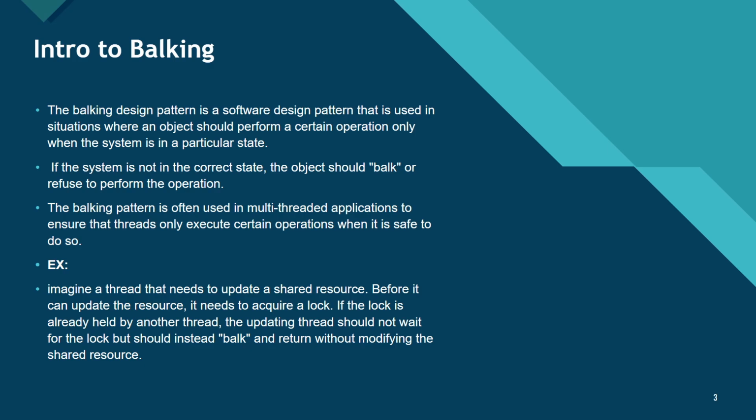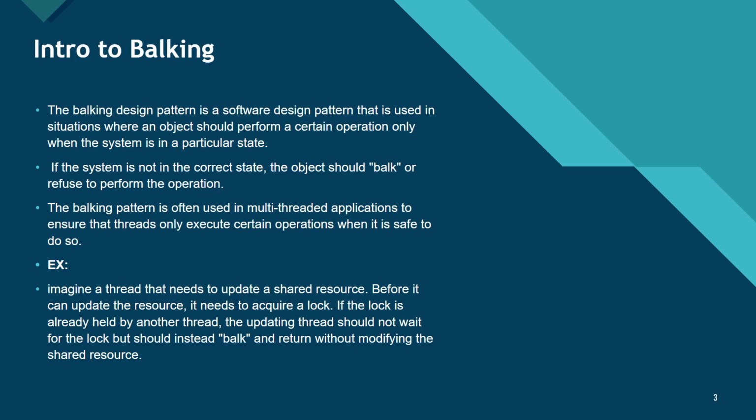Intro to Balking. The balking design pattern is a software design pattern that is used in situations where an object should perform a certain operation only when the system is in a particular state. If the system is not in the correct state, the object should balk or refuse to perform the operation. The balking pattern is often used in multi-threaded applications to ensure that threads only execute certain operations when it is